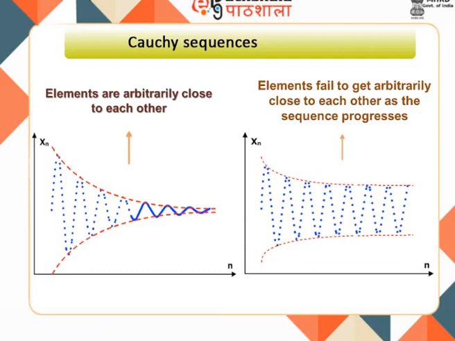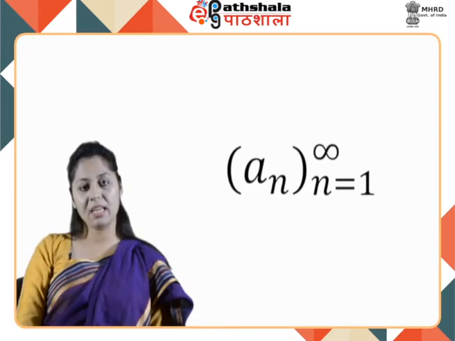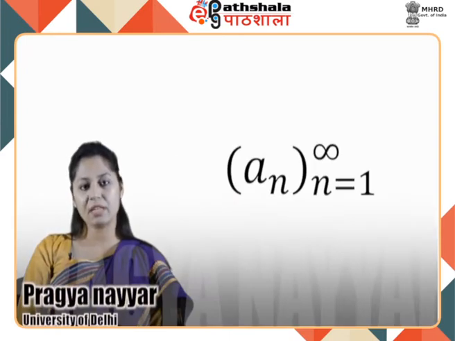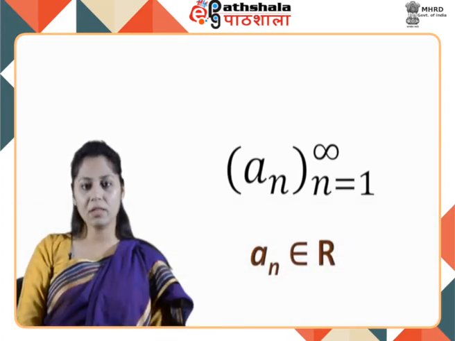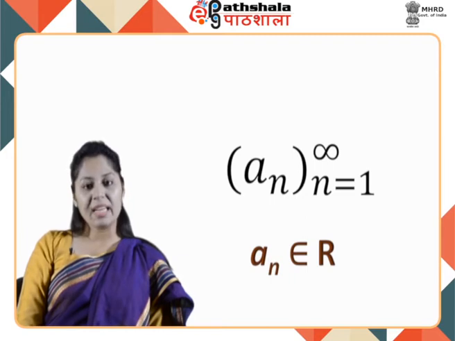For a sequence that is not Cauchy, the elements of the sequence fail to get arbitrarily close to each other as the sequence progresses. For sequences that can be written as a_n with n tending from 1 till infinity, with a_n belonging to capital R, we write (a_n) with the indexing set understood as n. Let a_n be a